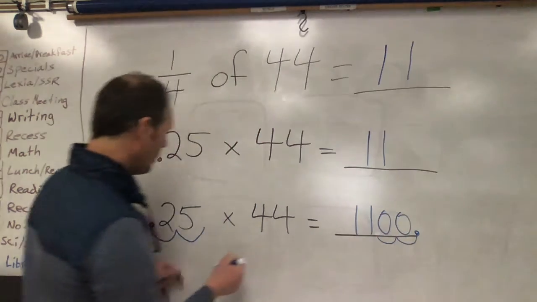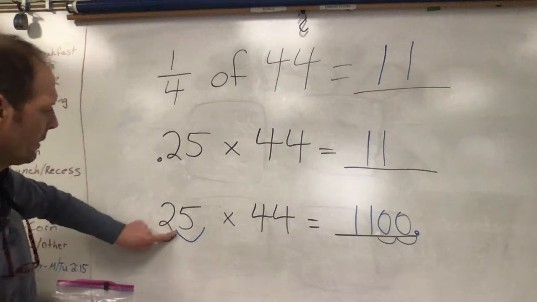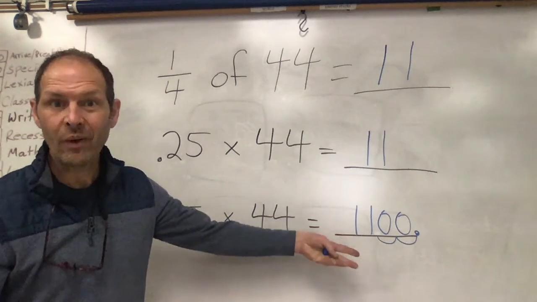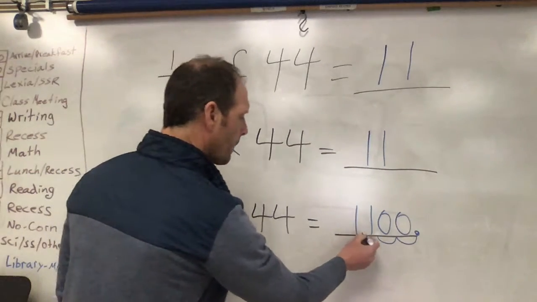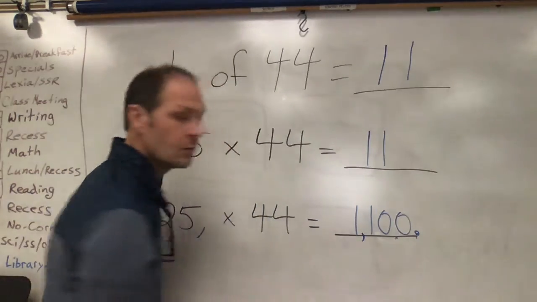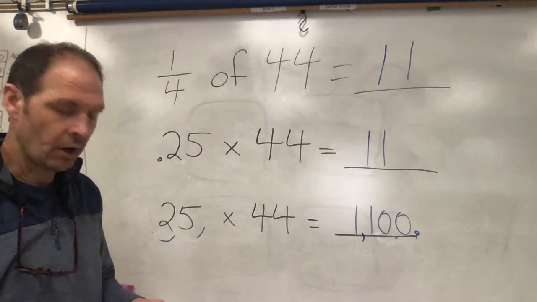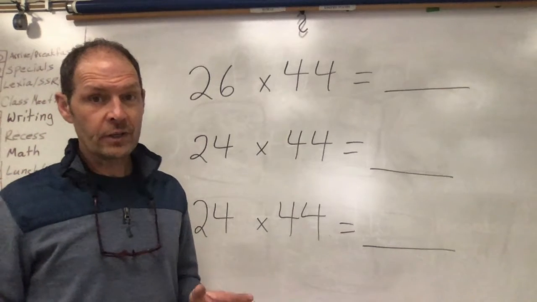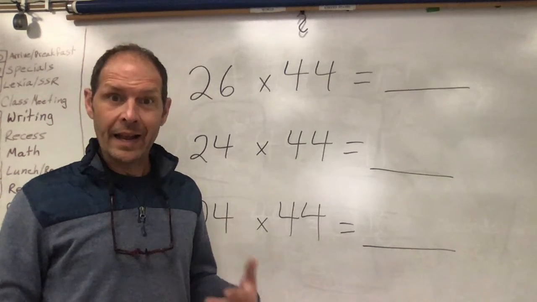So 25 times 44 would be 1100. Like that. So go ahead and write that in your book, and then we'll go on. All right. Make sure that you've finished writing in those last 3, and now we're going to move on to